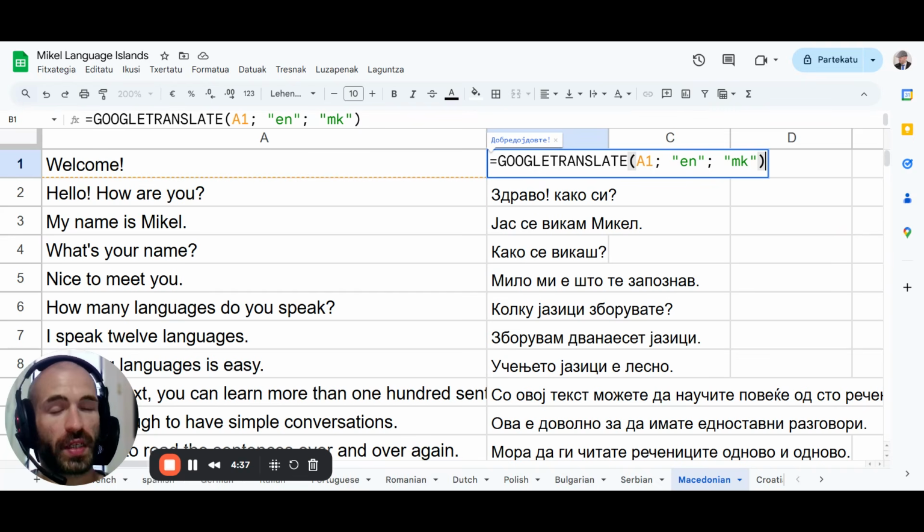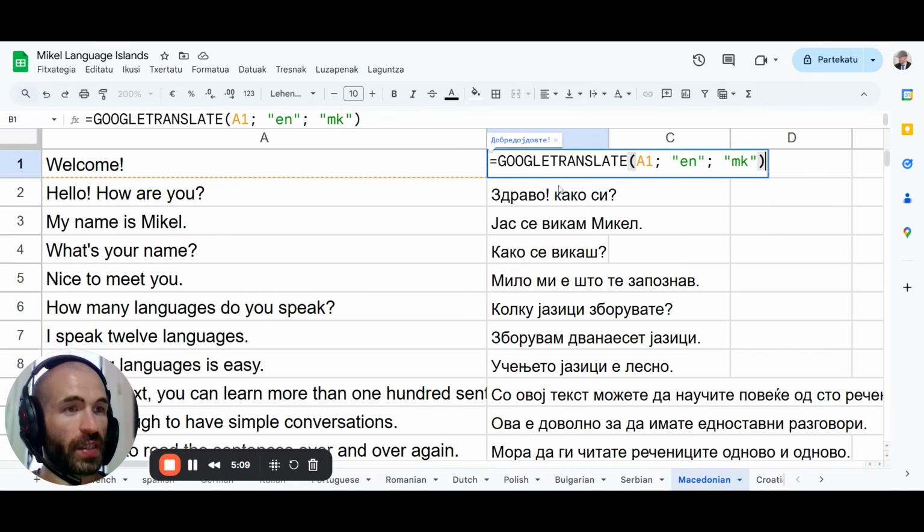Because this is not Excel, by the way. People ask me how to do this in Excel. I don't use Excel. I use Google Spreadsheets. So what is this thing called? Google Spreadsheets? Whatever. Yeah, the one from Google Drive, because it works with Google Translate automatically. So you paste this code. One of my students came up with this, by the way. I don't remember who it was, but it's been extremely useful.